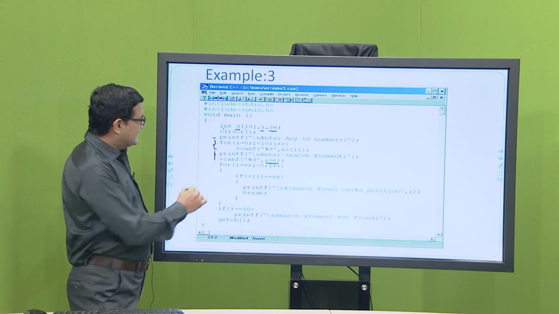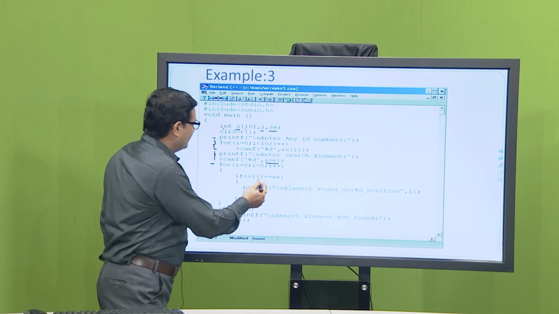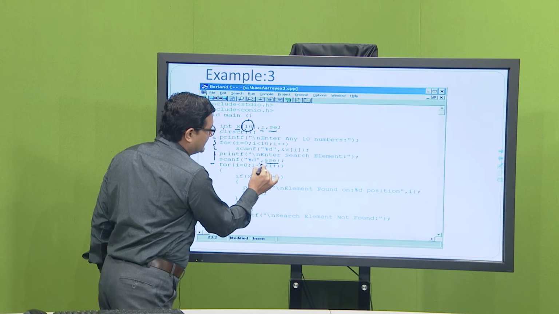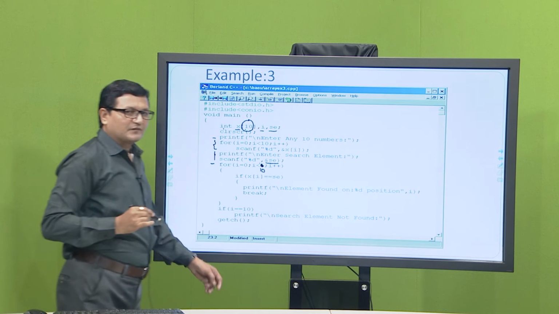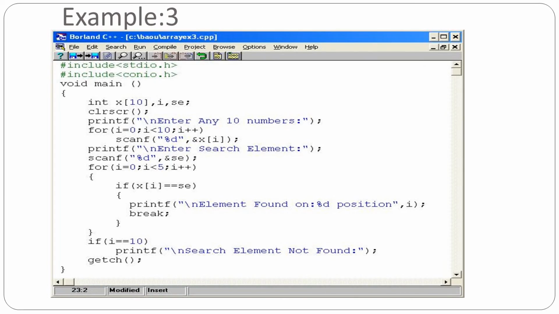variable. Now, we will just start our loop, that is i is equal to 0 to somewhat, because our array size is 10, obviously we need to go up to 10. So, you just remove this 5 and put 10, and then you just compare the x of ith element with the search element. If the comparison succeeds, in that case you have succeeded in locating the particular element. So, we are just printing the message, that is element found at position %d, and then we will break this particular loop.